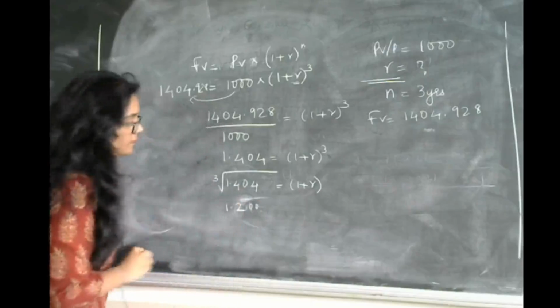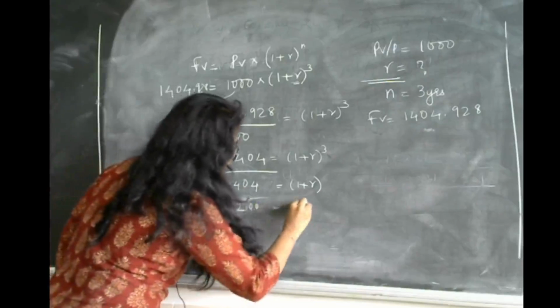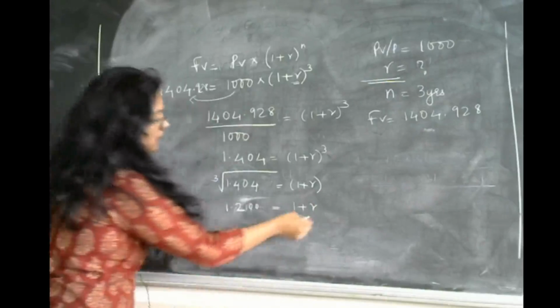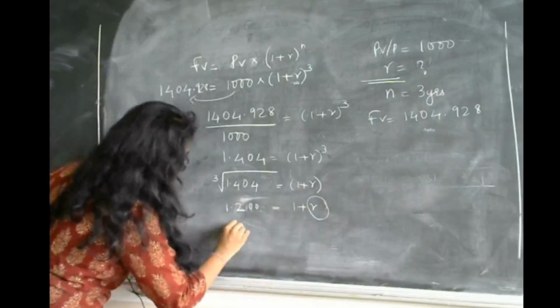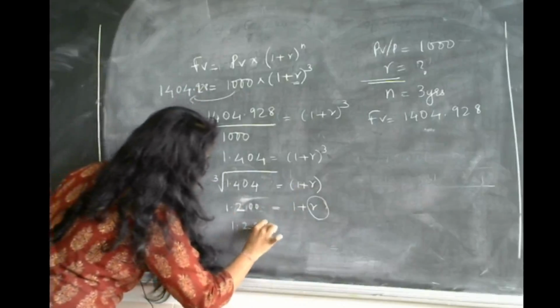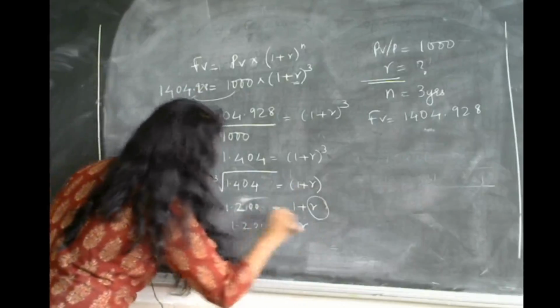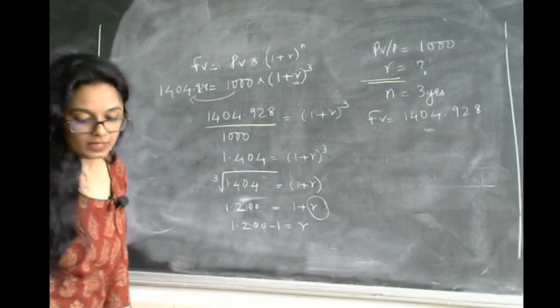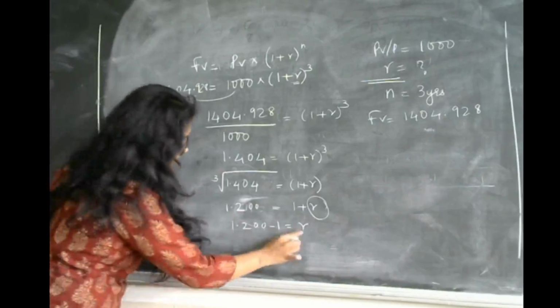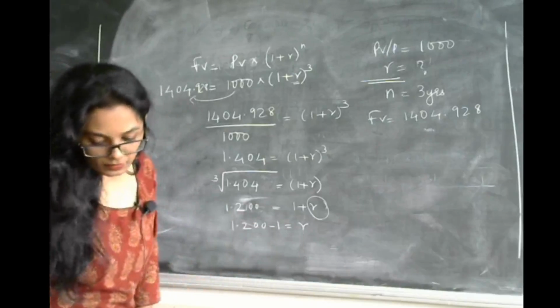1.200 is equal to 1 plus R. Now we need to find out R. So let us shift this 1 this side. 1.200 minus 1 is equal to R. So this is going to come up to this minus this. What is going to be? Okay, sorry, it is